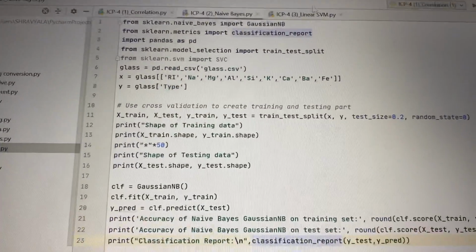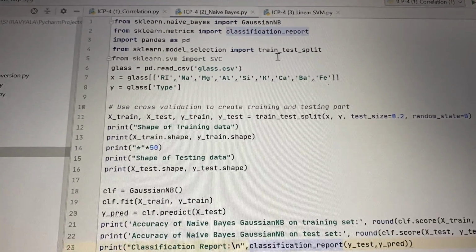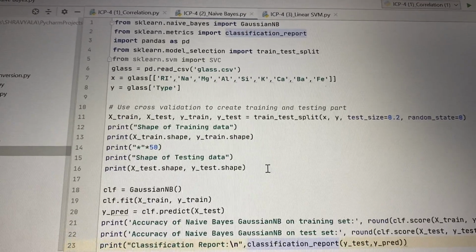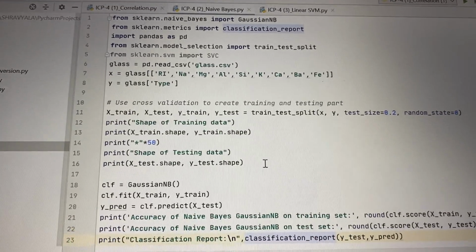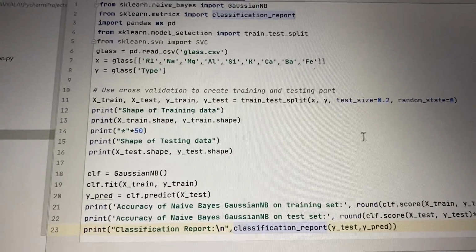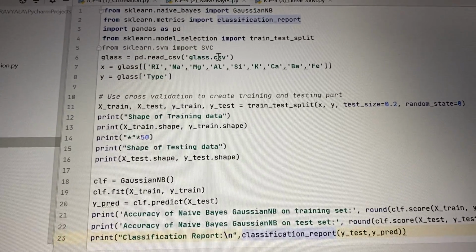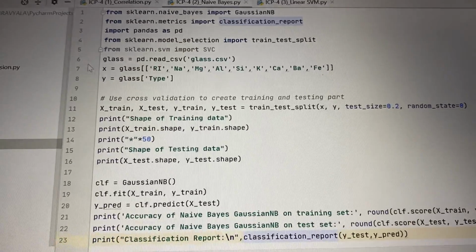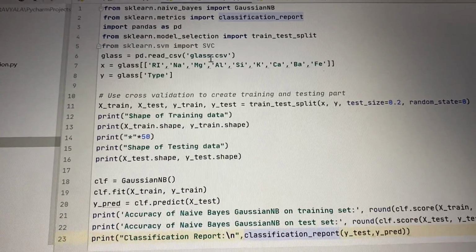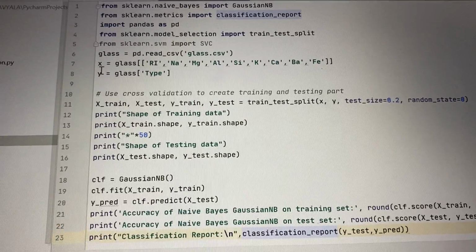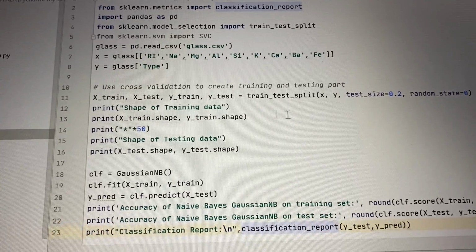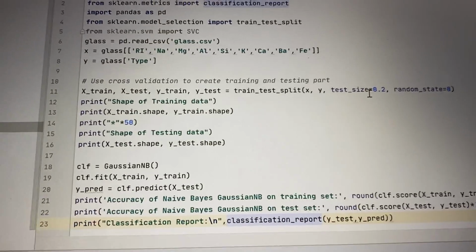So we are importing those things, and pandas and train_test_split for splitting the testing part and the training part. Here we have taken glass.csv as the data set which we are trying to analyze. So these are the X and the Y, and we are validating the training part and the testing part.